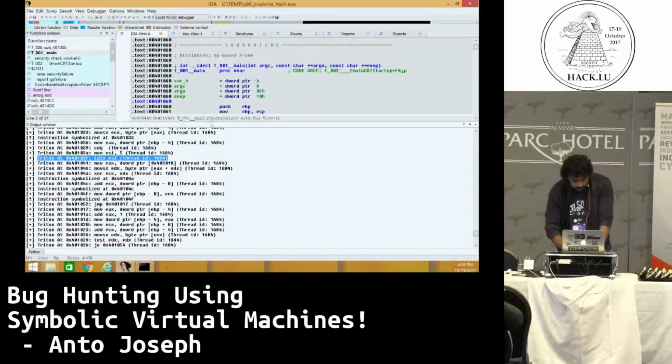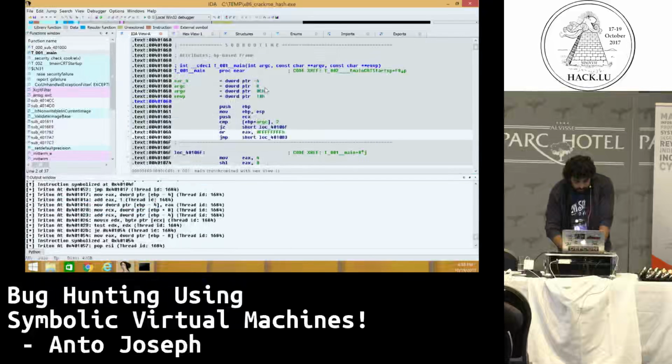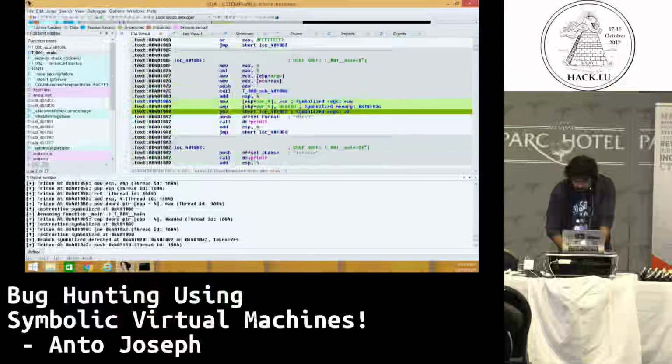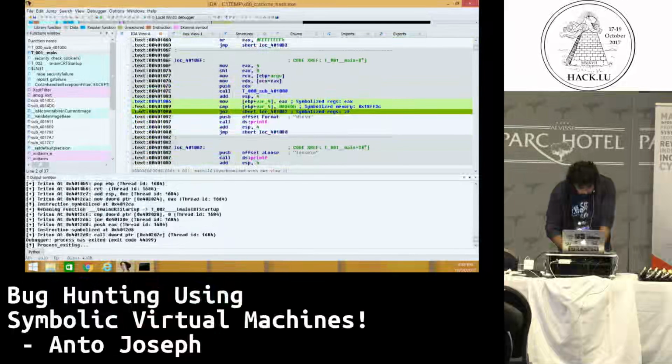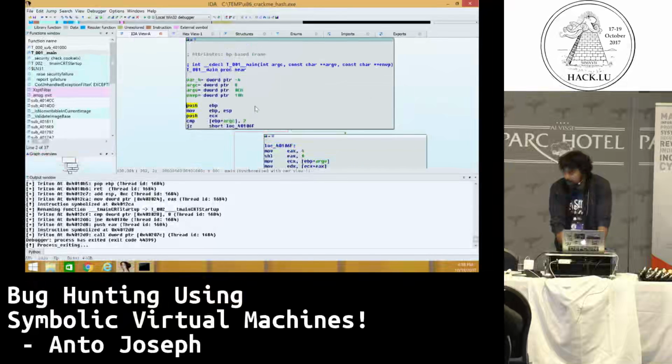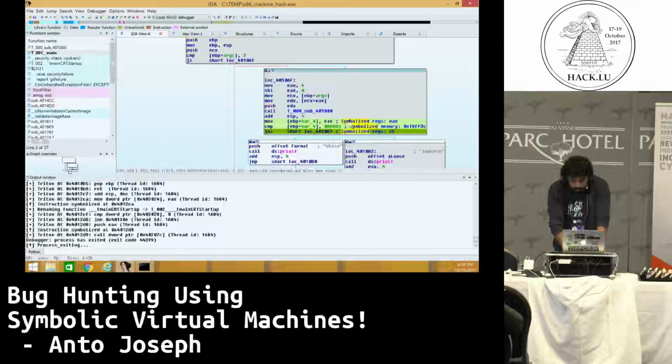So let's look at what has happened to the IDA graph. Okay, so you can see that the graph has been colorized, and the function has been renamed. Whatever has been tainted by the user argument will be colorized so that it's easier for you to notice. So it basically says that these registers have been tainted with the input.